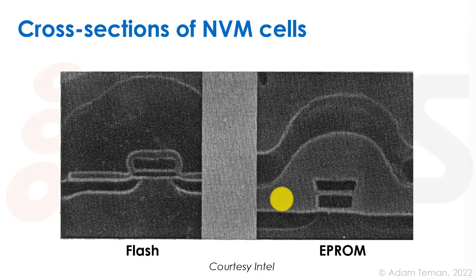So just looking at a cross-section of this, a regular EEPROM, as we can see here, is with the floating gate over here, but it doesn't have this thin oxide. On the other hand, we have the Flash cell or the EEPROM cell, where we have this overlap of the source and drain with the thin oxide that allows us to